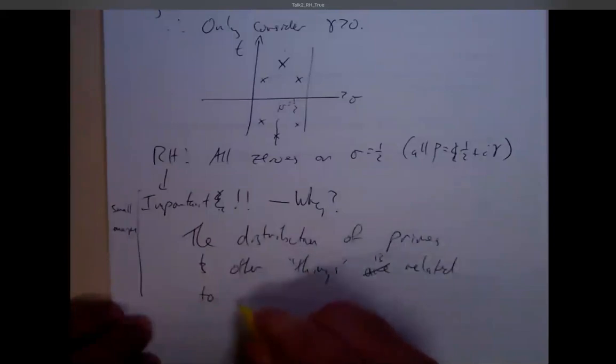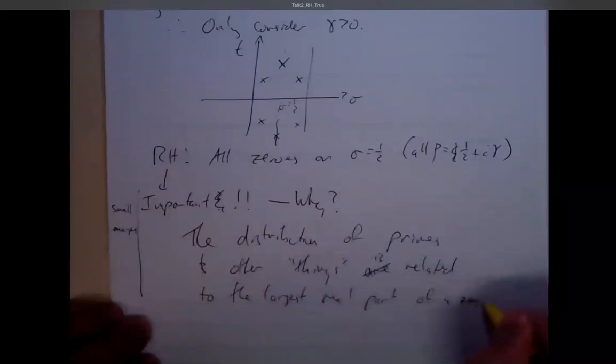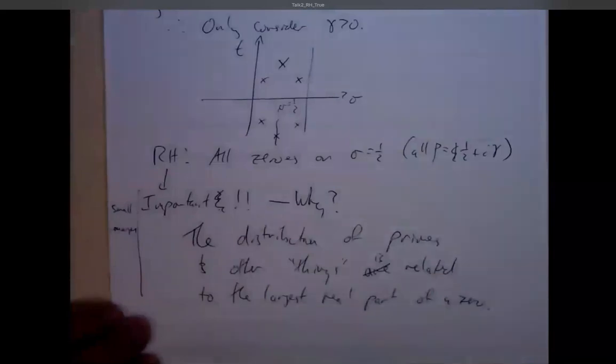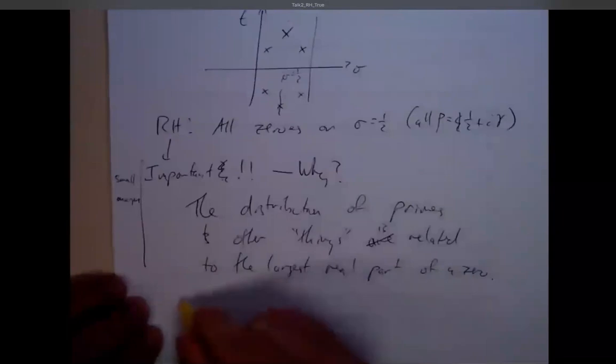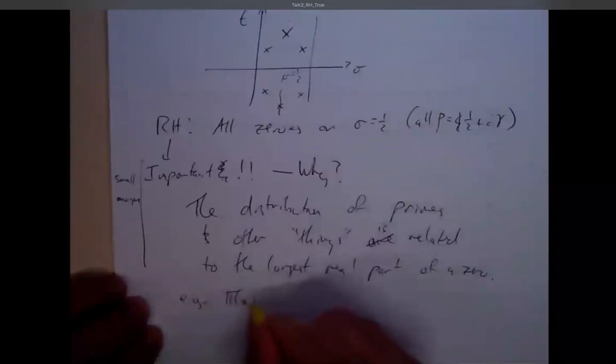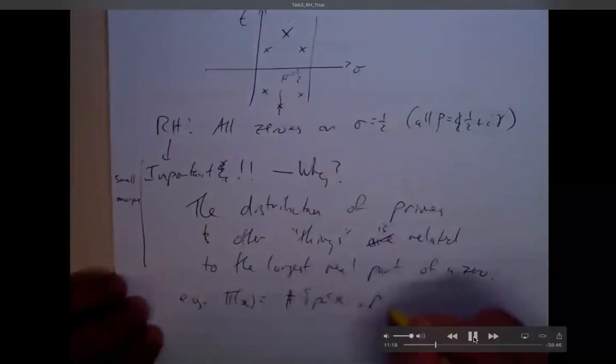So whether the zeros all lie on sigma equals a half, or how far they are away from sigma equals a half, those questions are intimately connected with how primes are distributed. So what do I say here? The distribution of primes and some other stuff is related to the largest real part of the zero. What do I mean by largest real part of a zero? I mean, if there are zeros really, really close to sigma equals 1, then we're in trouble. Then we're going to get bankrupted in what we try to do. That's the worst universe to live in.